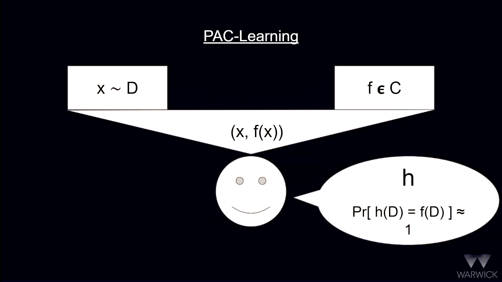Okay, so I'll be a bit more specific about the type of learning that I'm talking about. It's Valiant's notion of probably approximately correct learning. So we want to learn some unknown target function f. It belongs to a concept class C. You could think, for example, of the set of functions computable by circuits of fixed polynomial size. We want to learn with respect to a distribution D. So we get examples x drawn according to D along with the values f of x. And then the goal of the learner is to produce, with high probability, a hypothesis H that agrees pretty well with f over D.